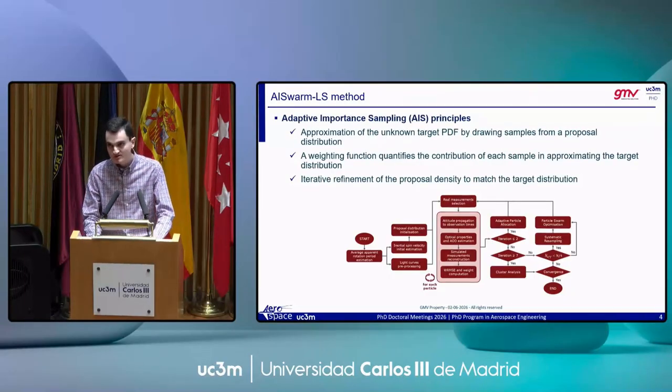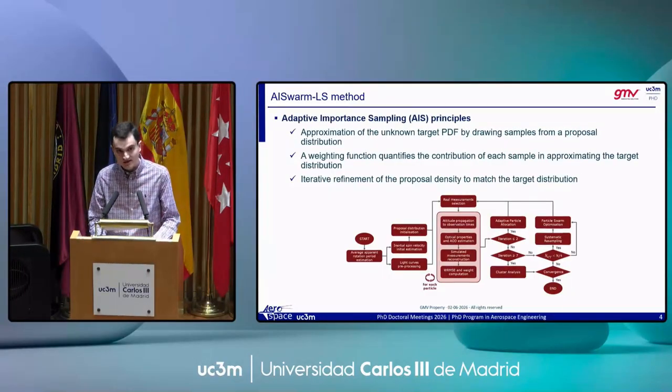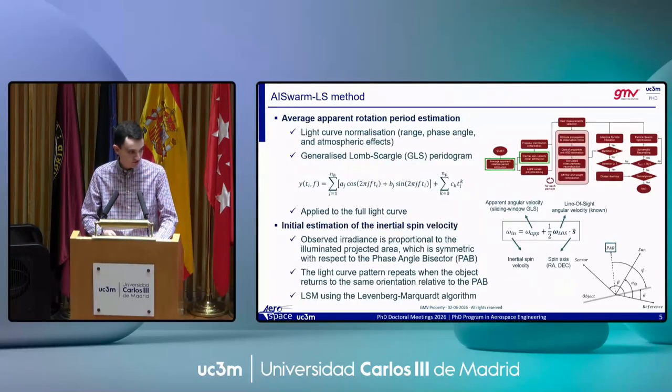To address this problem, we propose a method based on adaptive importance sampling, in which we estimate the target probability density function by drawing samples from a proposal distribution, which is iteratively refined according to the sample quality metrics. And now I will explain the algorithm step by step. First, we will estimate